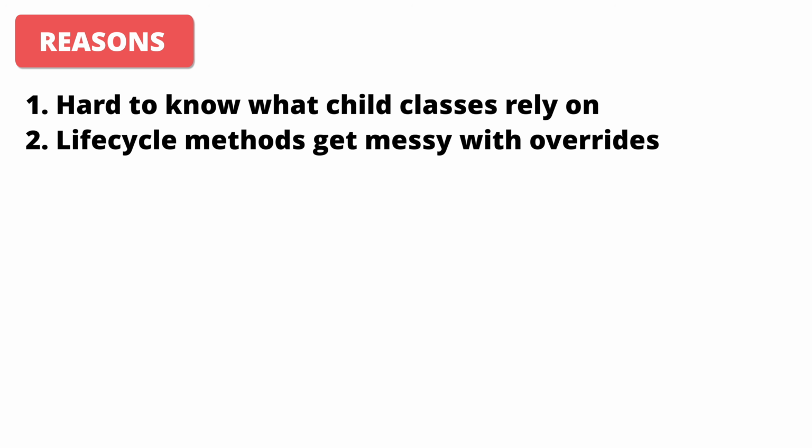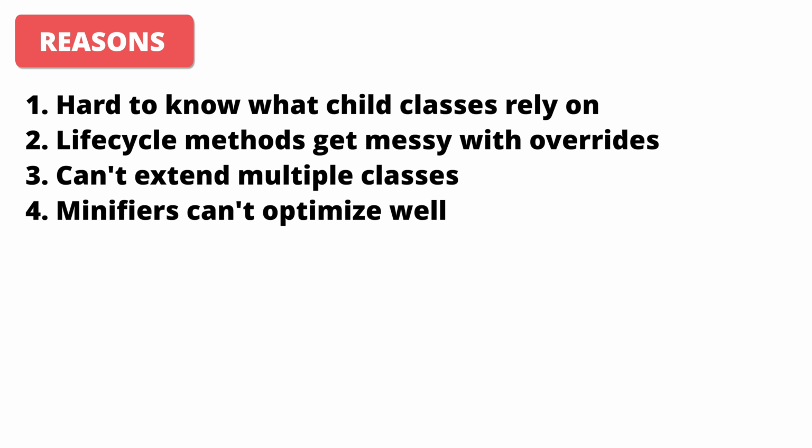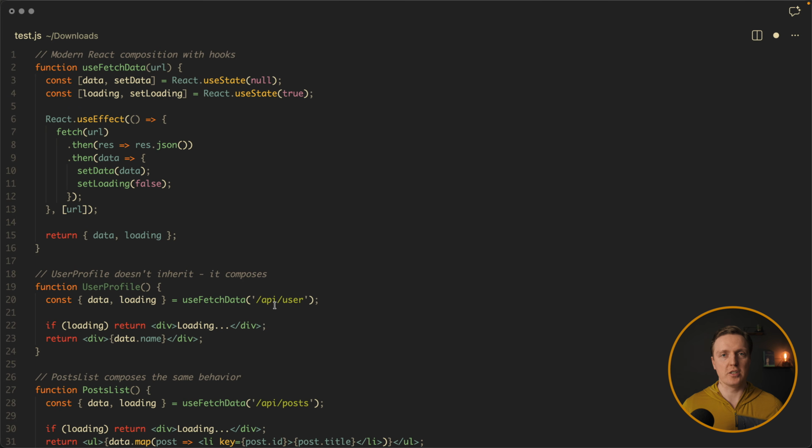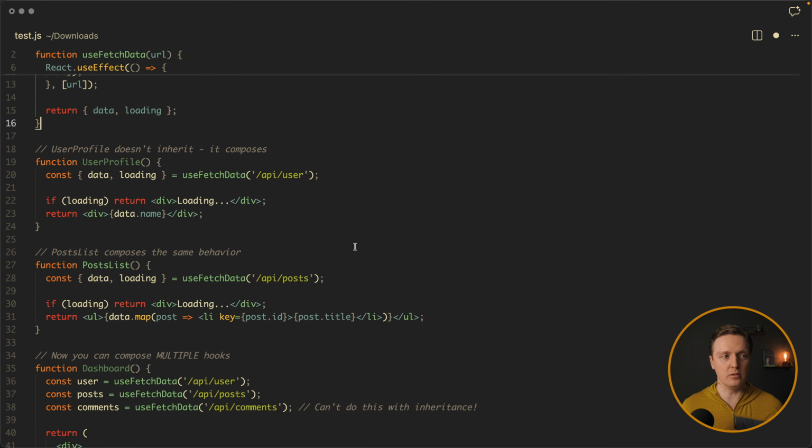Secondly, we had lifecycle methods and you can override them, and it was really messy. Third point is in JavaScript you can't extend from several classes. And the last one is that minifiers can't optimize that code well. This is why from the code which is based on inheritance and classes, we came in React to hooks and